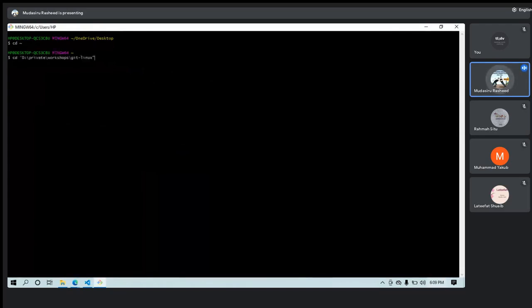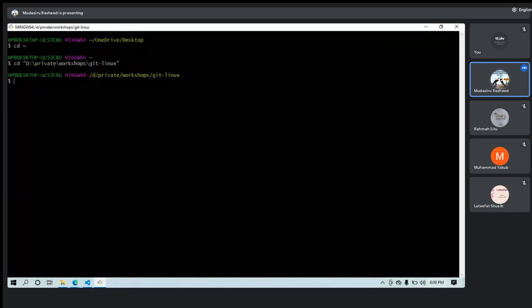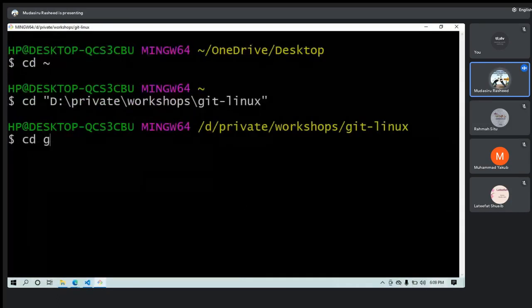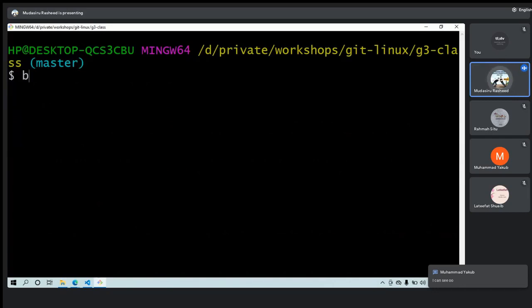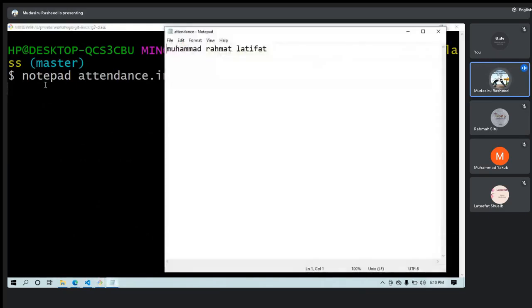You can see how I'm pressing the up arrow key just to navigate to the things we have been using. So I can see the G3 class, and in this G3 class I have attendance. Let me clear the screen. Now what I was trying to do is open the file we created with Notepad, in case we have many things to put into that file, more than just a line. You can see it opens up my Notepad editor directly for me. From there I can start editing by saying Mohammed discussed the class, which is what I typed here before.